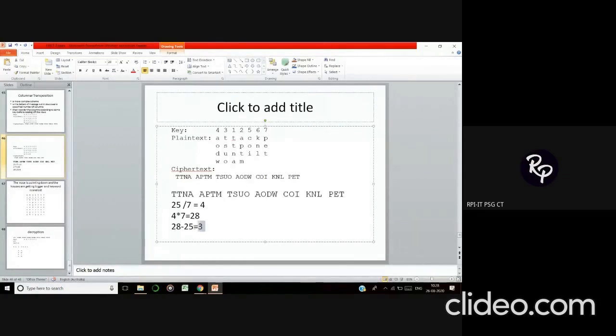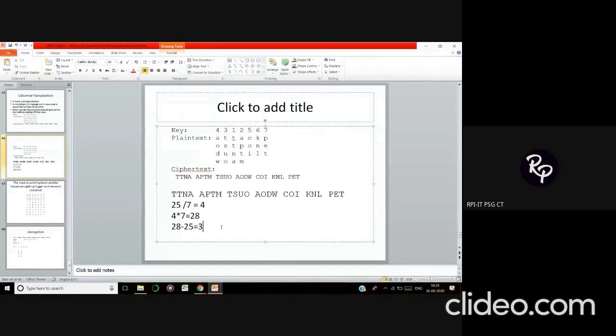So this is how you will be differentiating between with filler and without filler category. If it is with filler, then there is no issue. Definitely the number of characters will be completely divisible by the keyword length. Only if it is without filler category will you have an issue, wherein the number of characters in my ciphertext needn't be divisible by the number of characters in your keyword. Not in all cases will it be completely divisible.